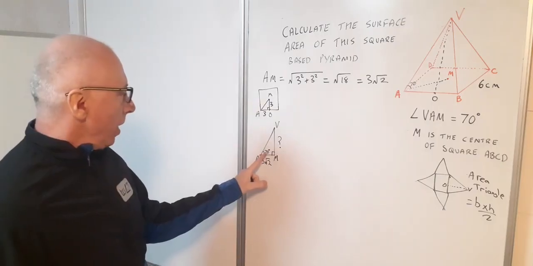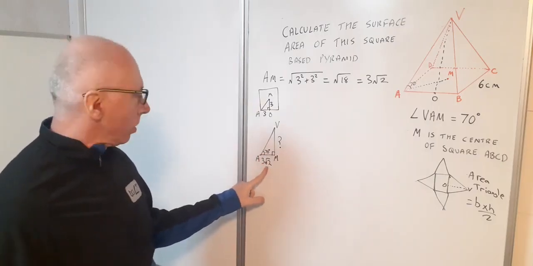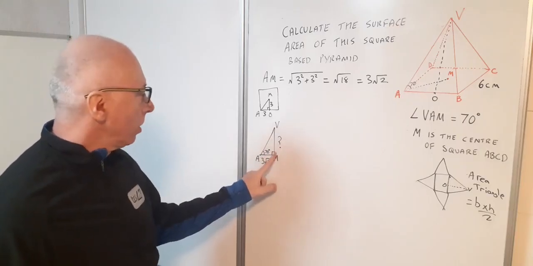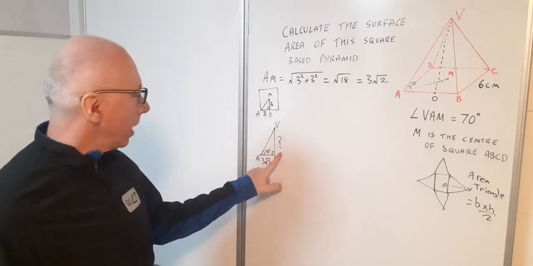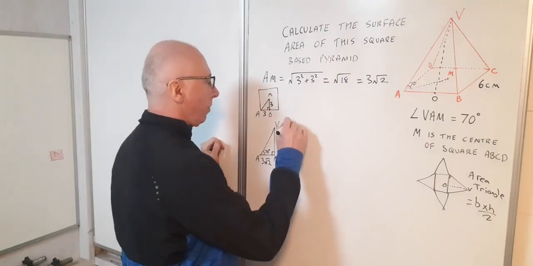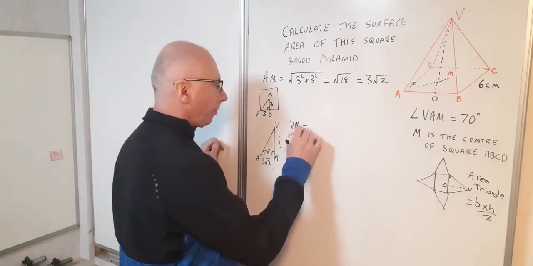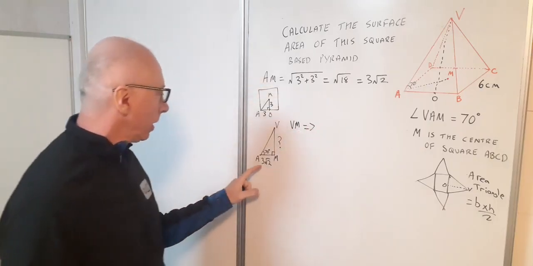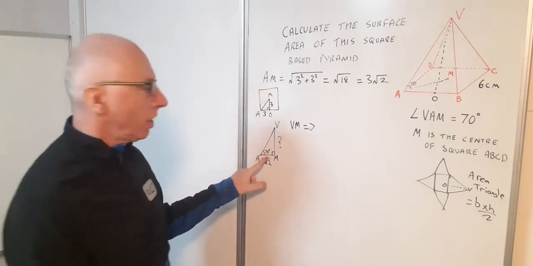So what have I got? I've got an angle, I've got an adjacent side, and I've got this side opposite the angle to find. So by SOHCAHTOA, I need tangent. So let's find VM. That's how we're going to calculate it. We'll have tangent of 70